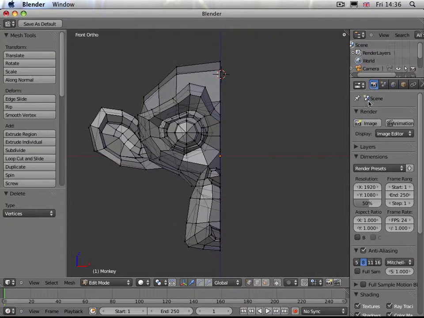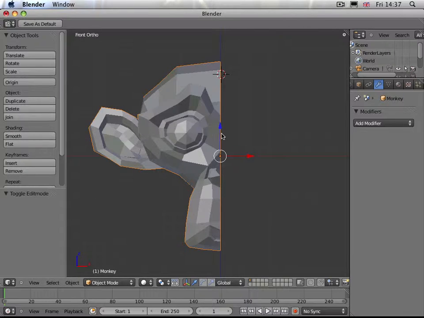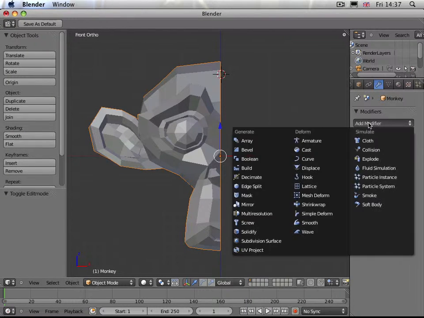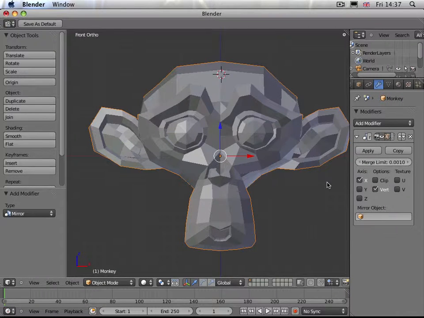Okay, so we're now going to look at our properties window to the right. You may need to middle click to move your menu bar at the top here, and what we want is the modifier tab. So if you click on that, we've got our modifiers window, and what we want to do is add a modifier to our monkey. We're going to need to tab into object mode, and add modifier, and let's add mirror,